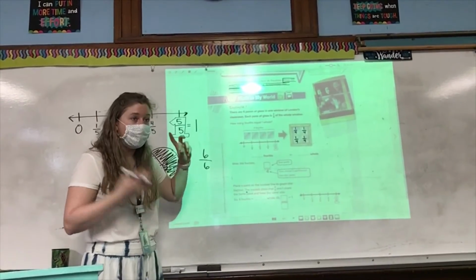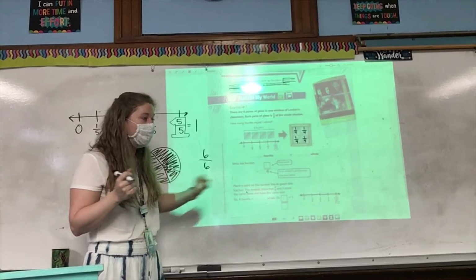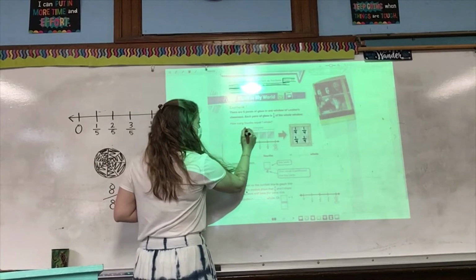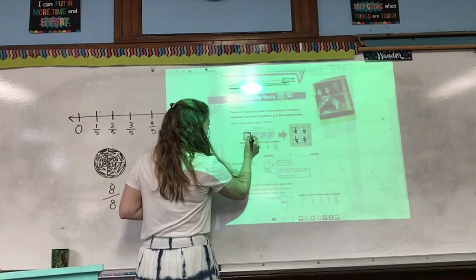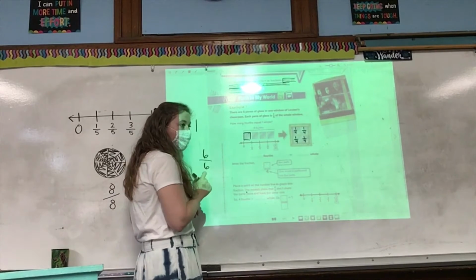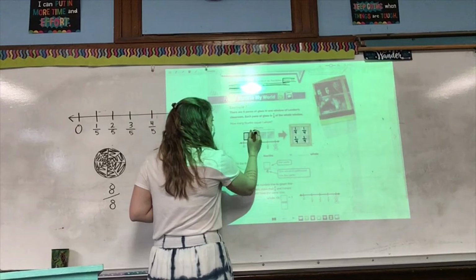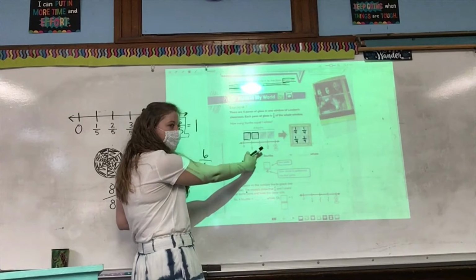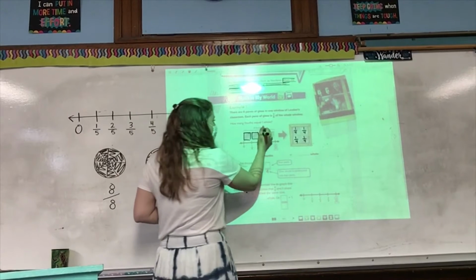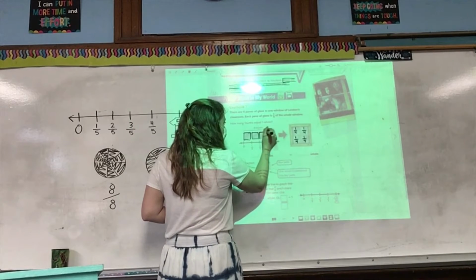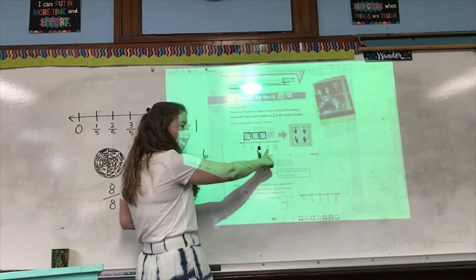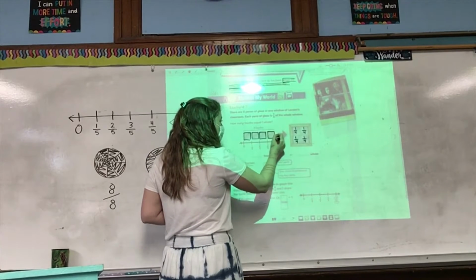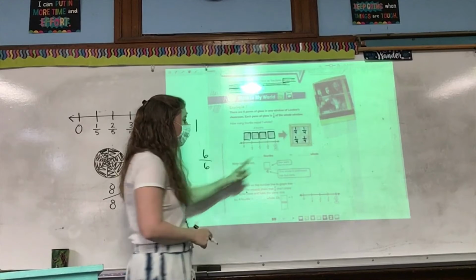Now we need to figure out how many fourths equal 1 whole. So we have our number line. Our first pane of glass takes up 1/4. If we add another pane of glass, well, now we've taken up 2/4. If we put another pane of glass on there, we end up at 3/4. And then if we put the last pane of glass on our number line, we end up at,